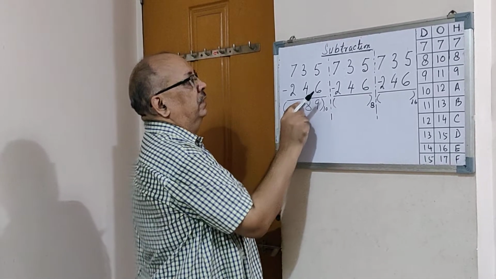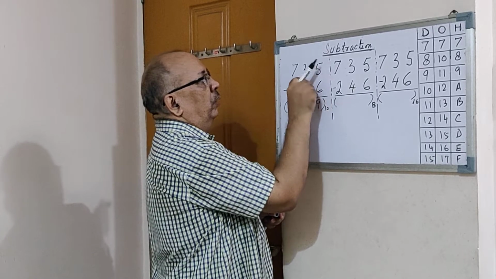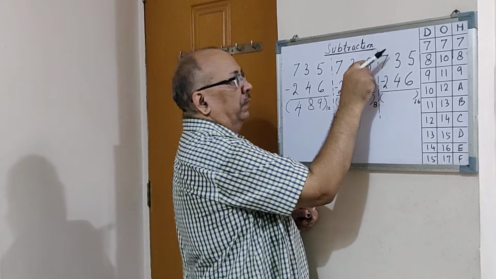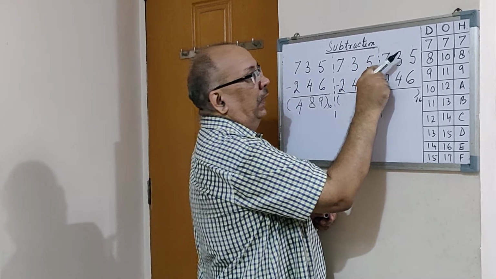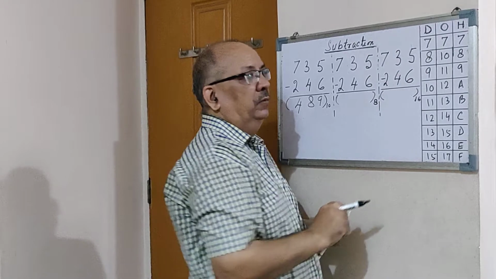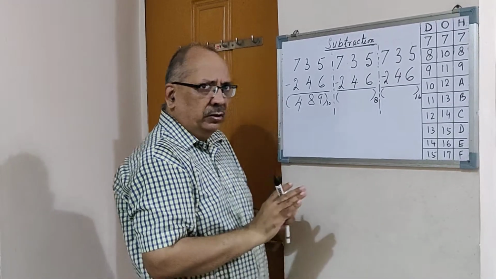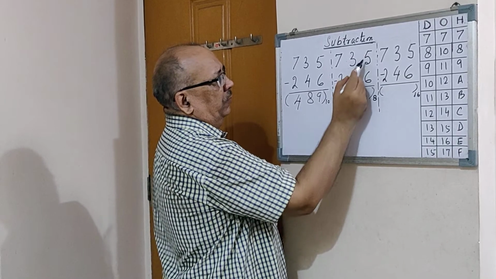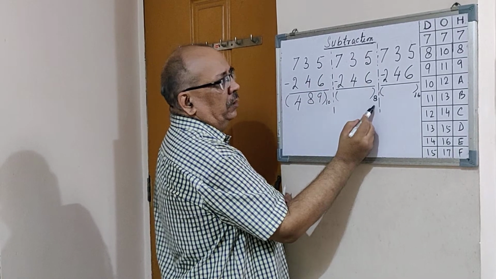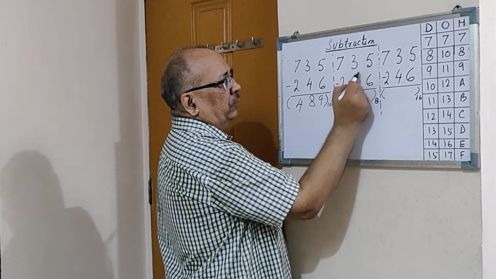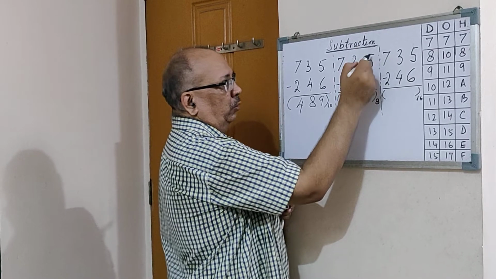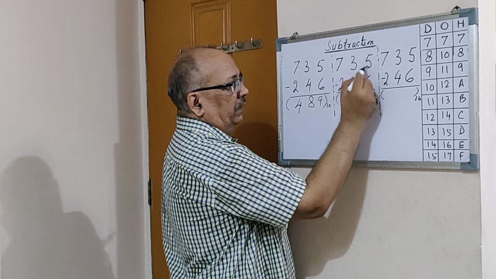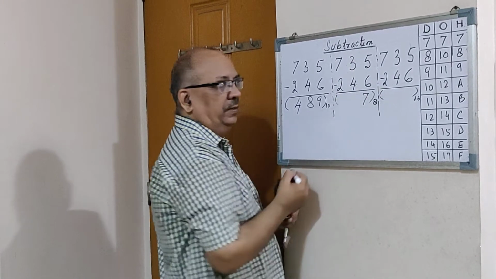What you have to understand here is, when you take a borrow in decimal, you take the value of 10. Similarly, when you take a borrow in octal, you take the value of 8. And when you take a borrow in hexadecimal, you take the value of 16. That's the only logic you have to apply. Let us see the octal case now. It is 6 to be subtracted from 5. Since we are in octal, 6 is more than 5, so you have to take a borrow. The borrow will be 8. 8 plus 5 is 13. 13 minus 6 is nothing but 7.